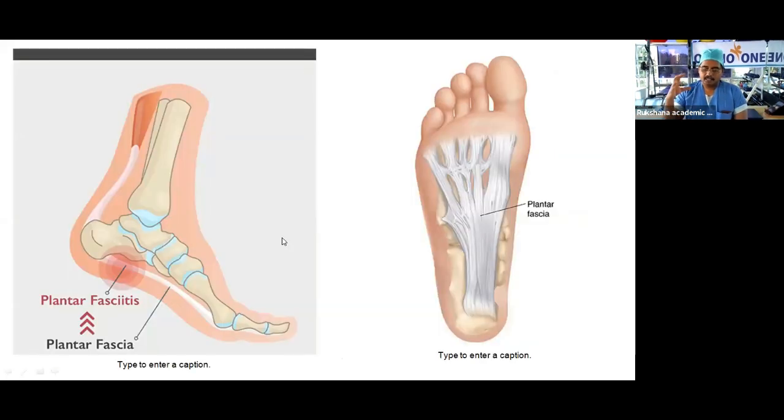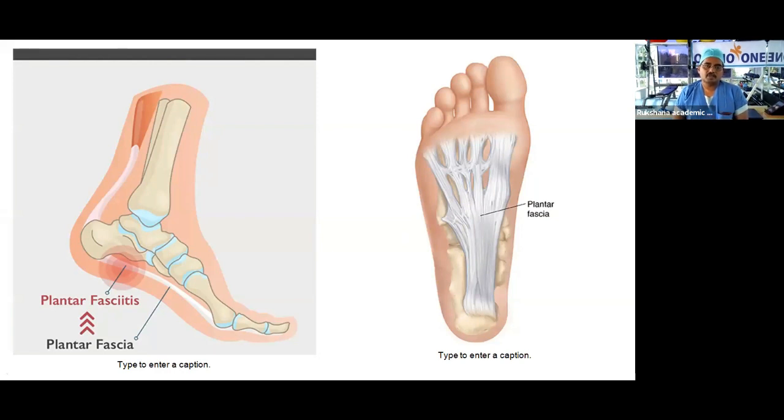This is the one which causes the pain because of the tightness in this muscle. Whether it could be in the calf muscle or in the foot muscle at the bottom of the foot, but mainly it is in the bottom of the foot. As I said just now, the main reason is the tightness in the calf muscle and the foot muscles.